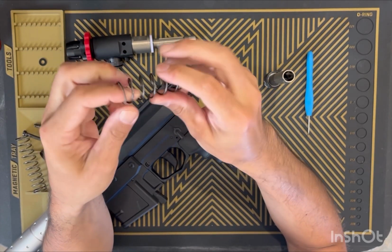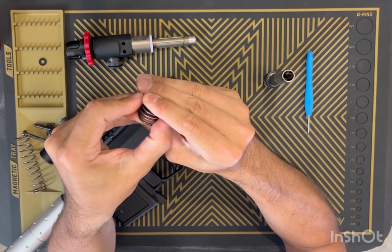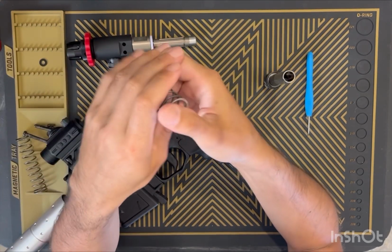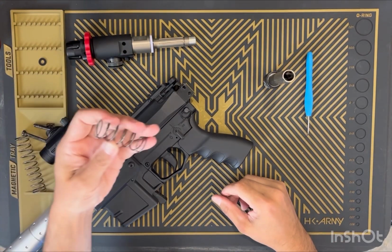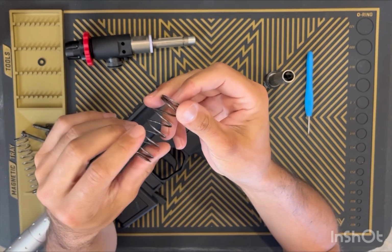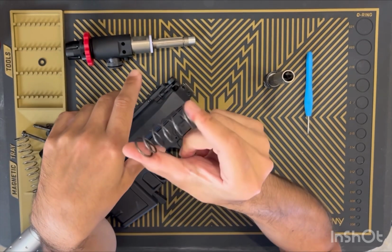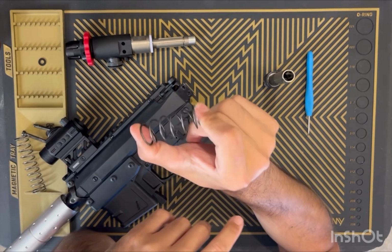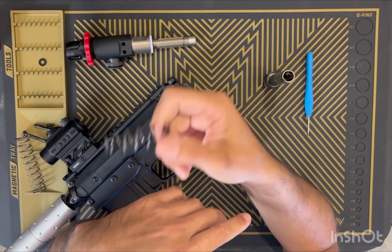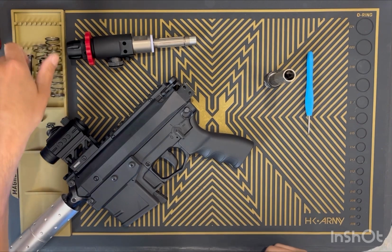These coils are kind of separating a little bit here, which is not ideal, although from the earlier tests, I pounded on that and it still worked even when this thing was mangled looking. But yeah, I definitely don't want to do that. So combination spring works, but I think it needs a tweak. And it may even be easier to get 2 FSC springs and cut it, but blah, blah, blah, enough chit chat. What I wanted to see was,